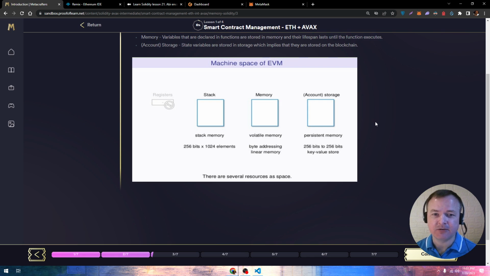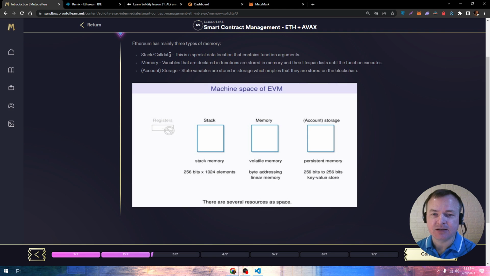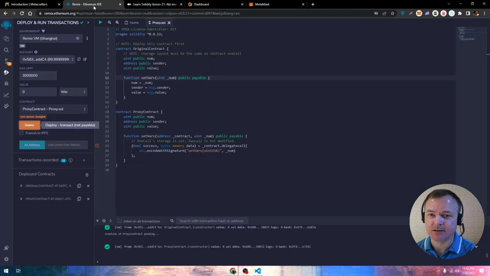We also have temporary storage in the form of memory and stack. Now, in the stack, you can find different things such as function arguments. The compiler and the EVM will also use this for intermediate data, basically like a scratch pad for its operations. And memory will hold your local variables from your functions. So if we take a look at an example here,